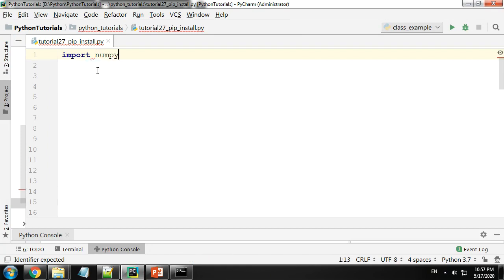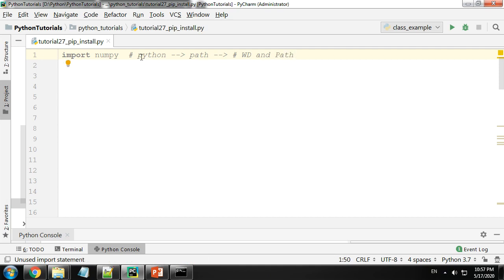Okay, now once this is done, you can just go to your editor and type in import NumPy, or the particular module or package which you have installed, and it should work. Why is this working? When you install something, it is going to copy your files into your Python folder, and the Python folder is present in your path. Whenever you do import, Python is going to search in two places, which are your working directory and your path.